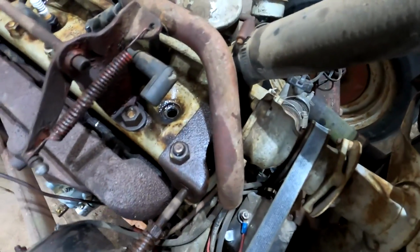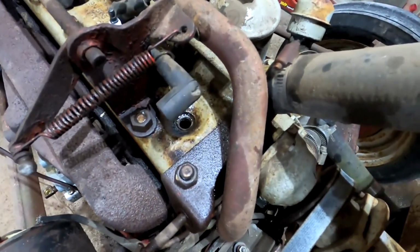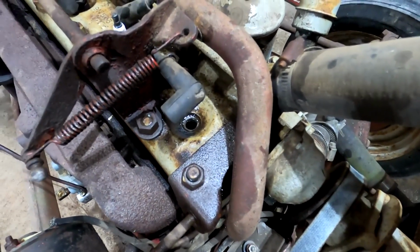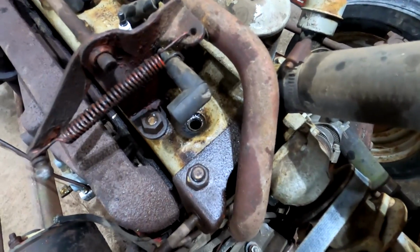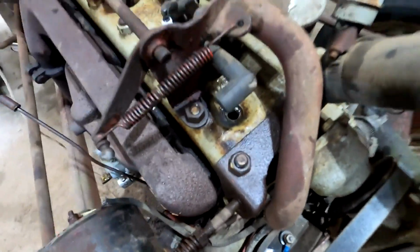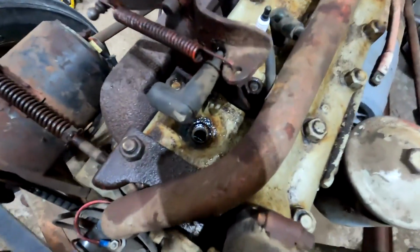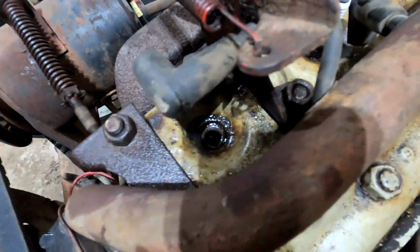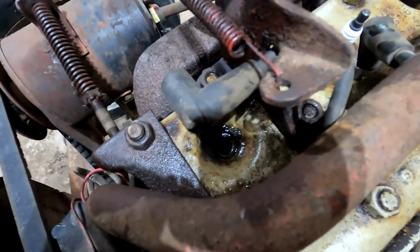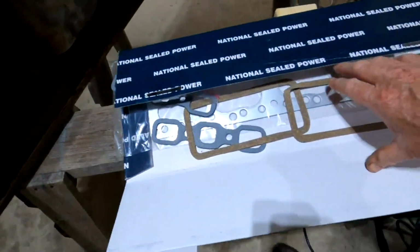I searched online, and there were suggestions of using Marvel Mystery Oil in the oil and also in the gas to try and free up a stuck valve. I tried that and it didn't work. I also tried taking this spark plug out and pouring a couple teaspoons of Marvel Mystery Oil into that hole to try and free it up. That didn't work. So I bought the gasket kit so I'd be able to